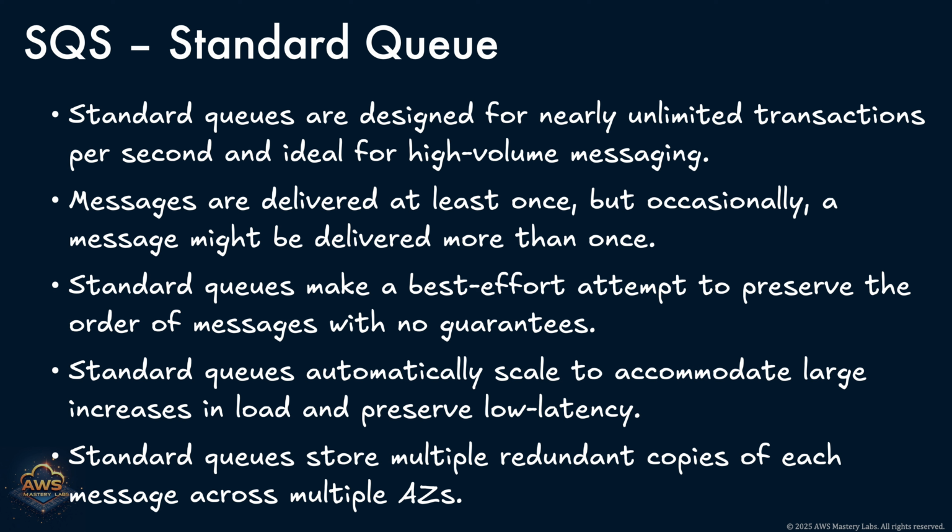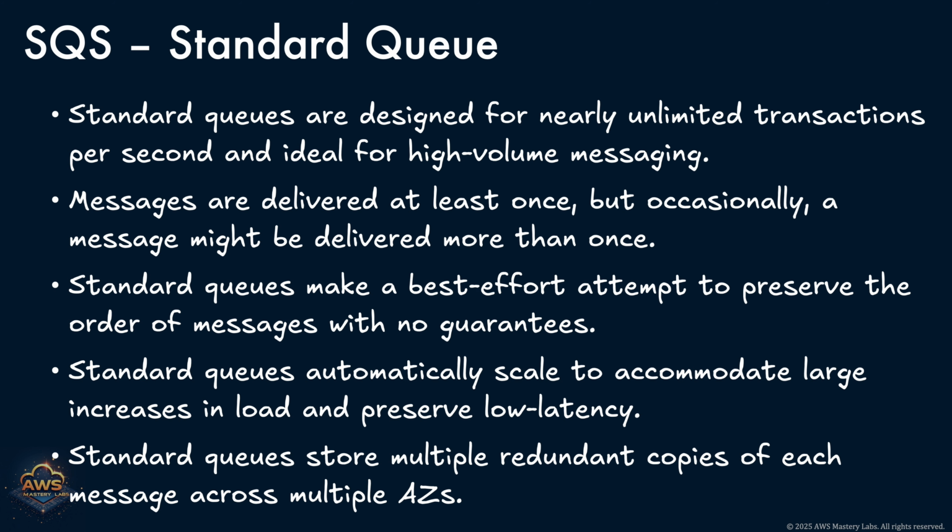You can send, receive, or delete up to 10 messages in a single batch operation. This reduces API overhead, improves throughput, and helps lower overall costs. Finally, standard queues are fault-tolerant and highly durable. Messages are redundantly stored across multiple AWS availability zones, ensuring that they are protected against infrastructure failures and are reliably